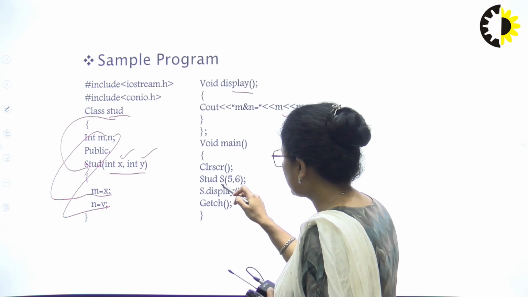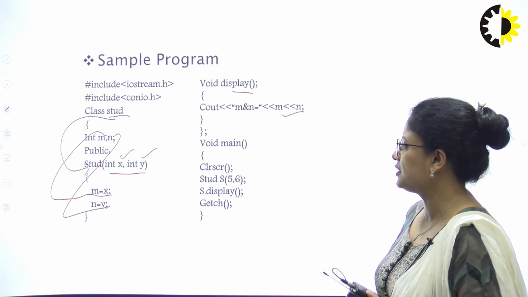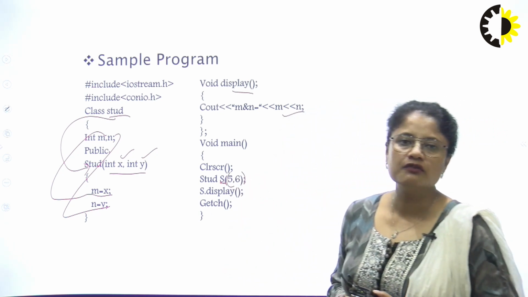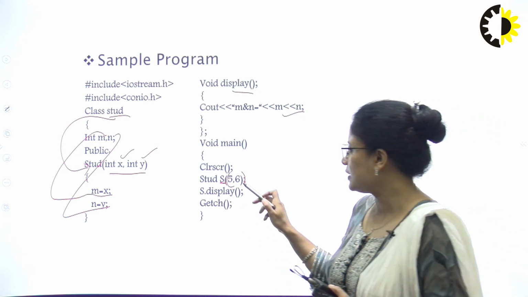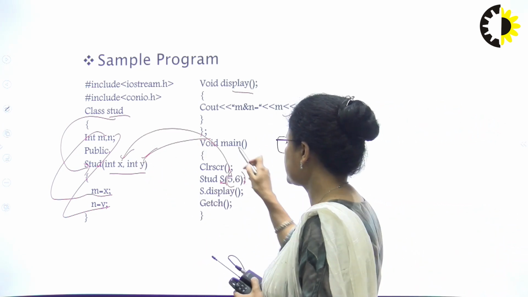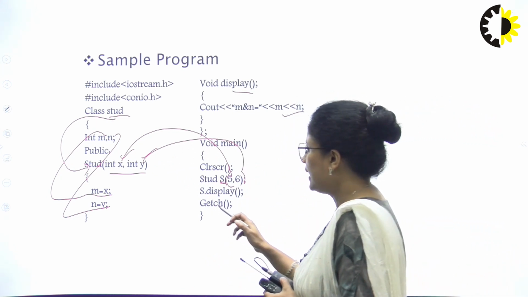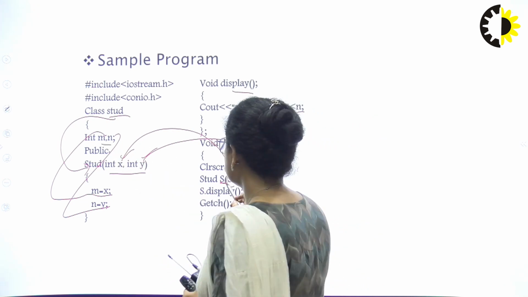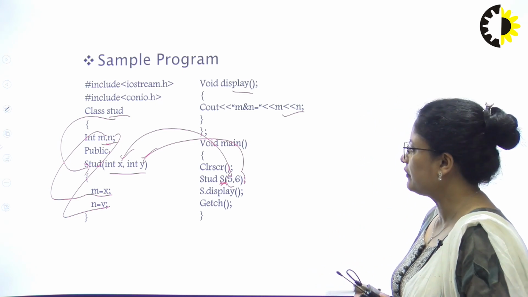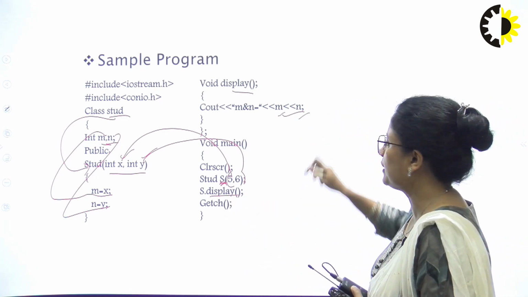If you look at it, this is how we call a constructor with parameters. We write the object name within parentheses and give the values of the parameters. Now we are sending 5 and 6. That means 5 stands for x and 6 stands for y. So 5 and 6 is sent, and in case of the S object, its member values m and n will be set to 5 and 6. And so when you are going for the display function, the values of m and n, which are 5 and 6,